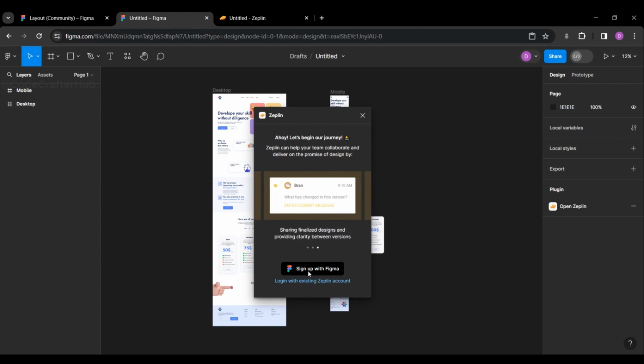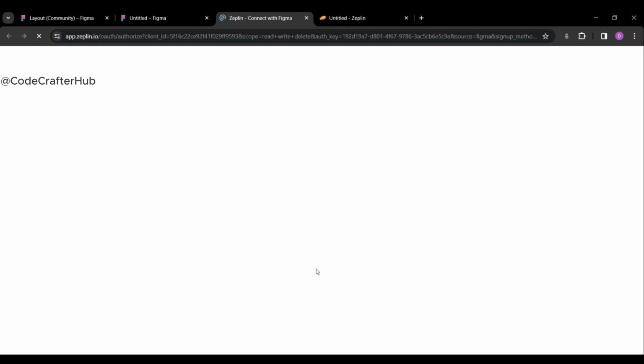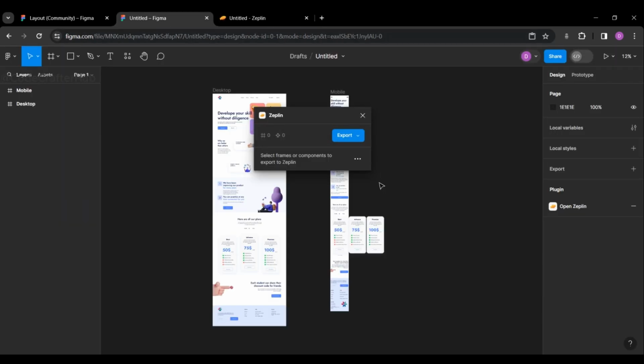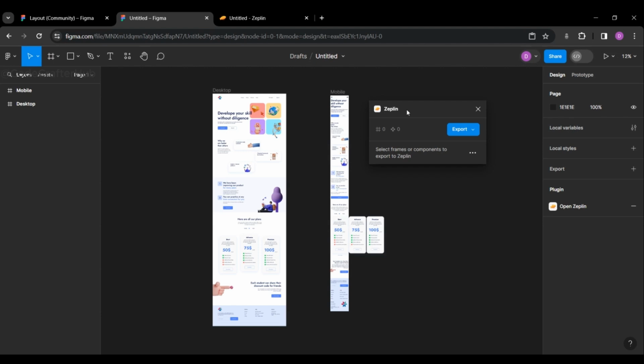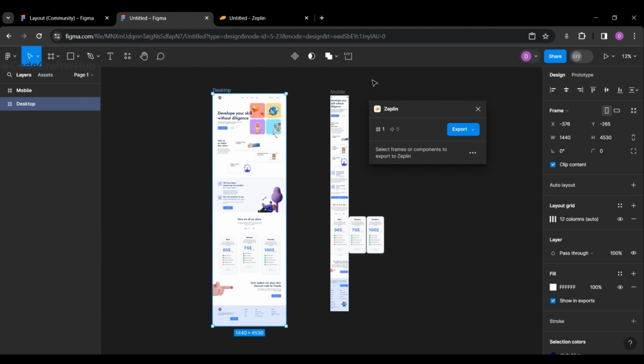After that you need to click on this sign up with Figma. After that you can close this tab and you can export this to our zipline.io website. Before the exporting you need to select your design. First I am going to use this desktop. For that I am going to select that one, and just simply click on this export button,